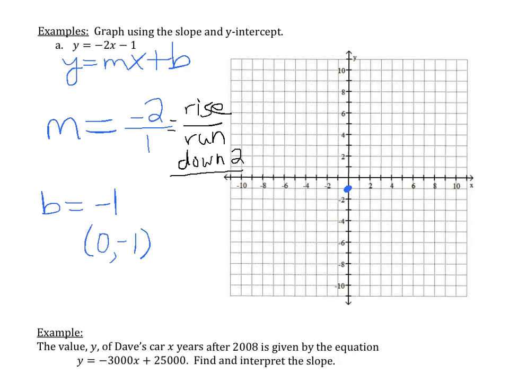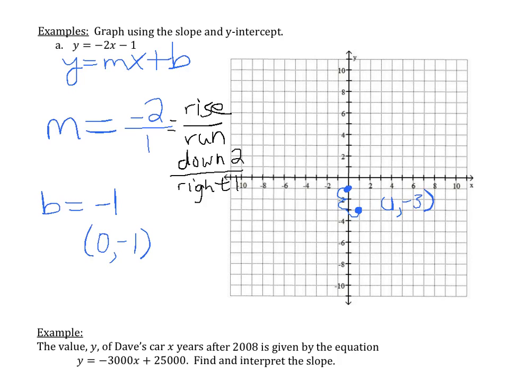Now that run is positive, and normally we run to the right. Since it is positive, we are going to run to the right. Had that been a -1, I would have run to the left. And so to find the other point, I'm going to go down 2 from this point. So I'll go down 1, 2, and then I go to the right 1, and I have this point here. And this point is the point (1,